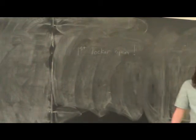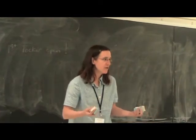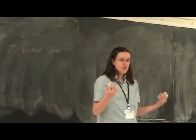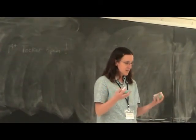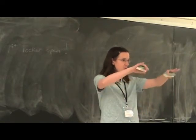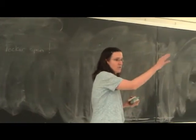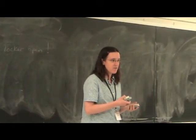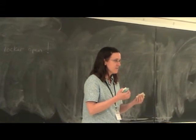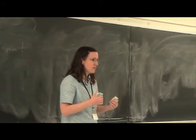So I actually have cards, and it looks like we have enough students that we should get into maybe 4 different groups. So if we divide into the 4 corners, you could move so you're all together within 4 groups. So turn the desks, maybe that would be good. Form a little circle with your